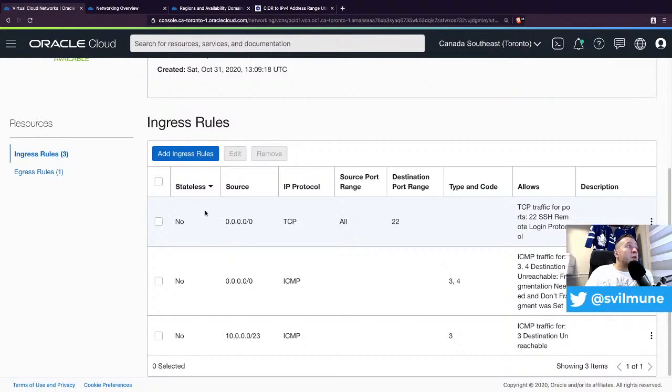And you can see whether the rule is stateful or stateless. Even though I've been playing around with this for a long time, I always have a hard time figuring out which one is stateful and which one is stateless. But anyway, when this rule is stateful, let me see, yeah, so this one is stateful, so then it allows the traffic also